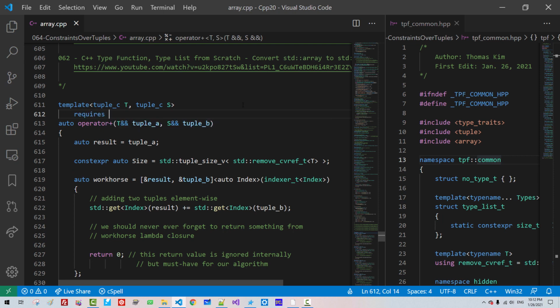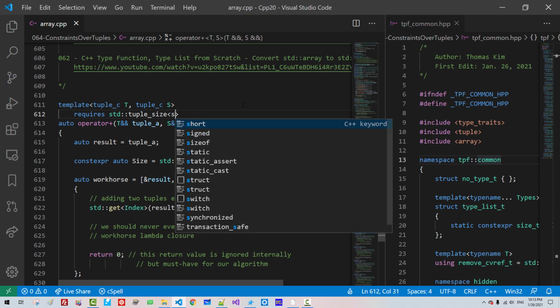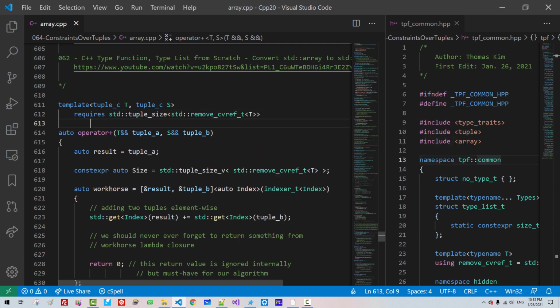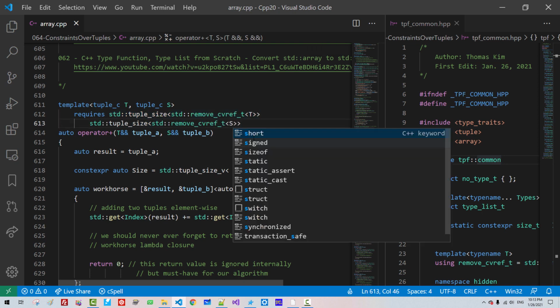Now we are putting constraints like this. Requires std::tuple_size of std::remove_cvref_t of T. This is tuple A's size. Copy this, paste. This is tuple B's size.